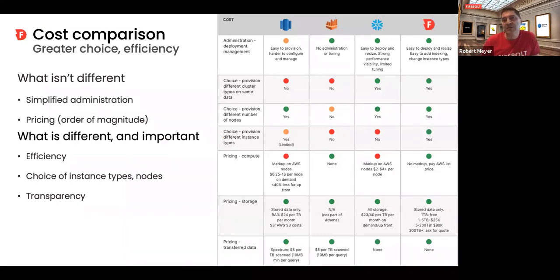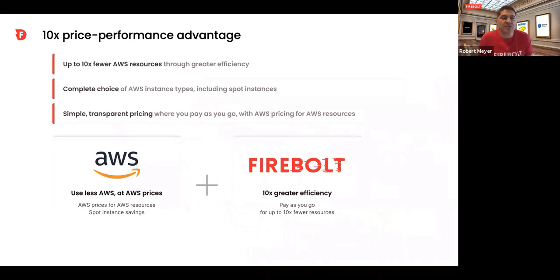It's not that simplified administration is going to save you a lot of money across the different warehouses. They're all becoming simpler and simpler. And it's not the pricing model per se. It's the efficiency. In the case of Firebolt, with the way the engines work and your choice of instance types, you end up choosing 10 times fewer nodes.